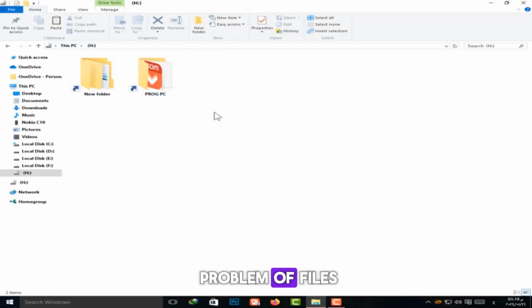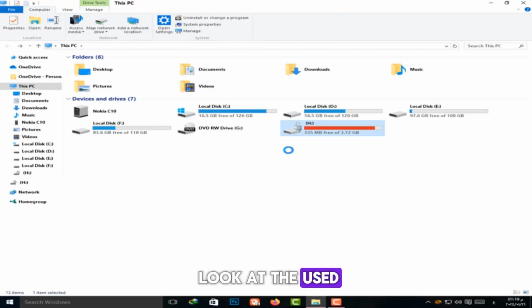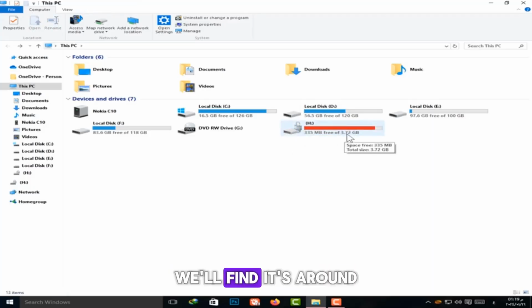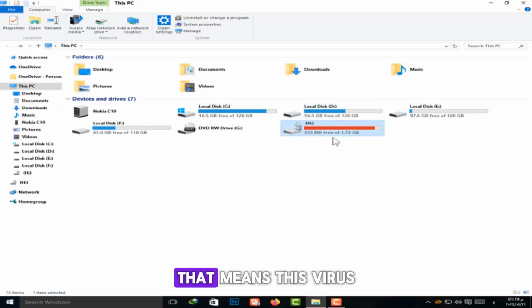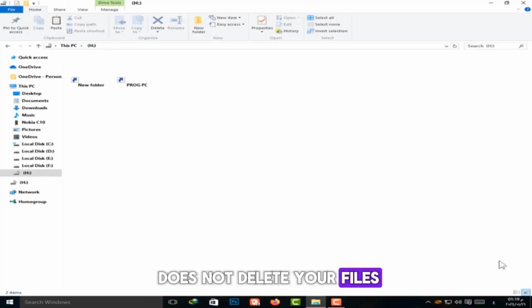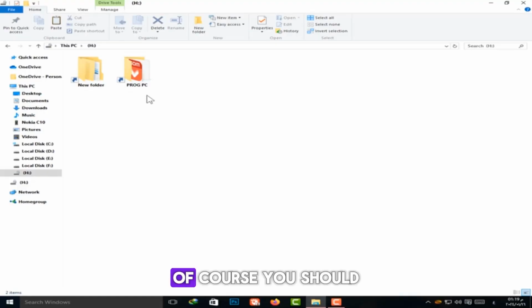How to fix the problem of files disappearing from a USB flash drive, or the shortcut virus issue. This virus works by hiding your files and turning them into shortcut files, just like you see here, with a size of about 1 kilobyte. Even though, if we look at the used storage space on the flash drive, we'll find it's around 3 gigabytes and 40 megabytes, approximately. That means this virus does not delete your files, but instead hides them and replaces them with shortcut files. Of course, you should never click on these folders because if you do, the virus will spread